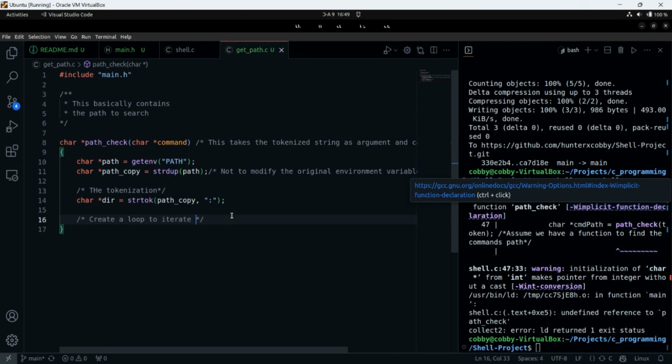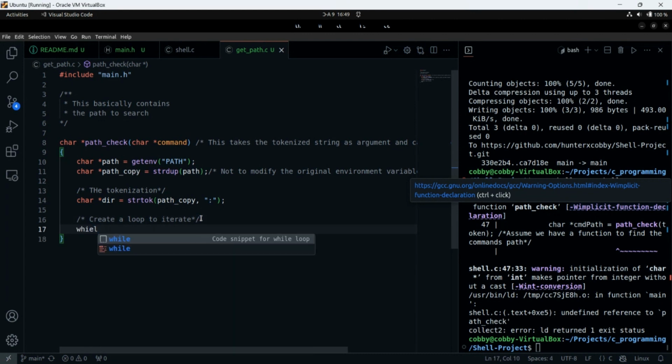When you're using strtok, you need a loop to iterate through. So let's say if that is not equal to NULL, what do you want to do?